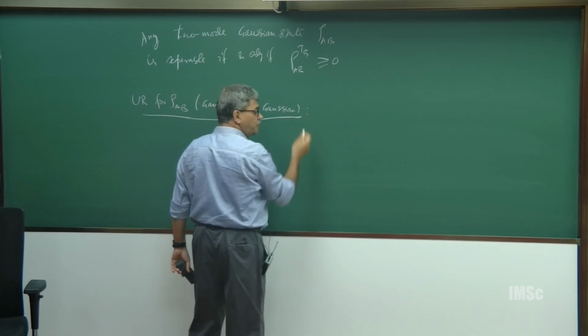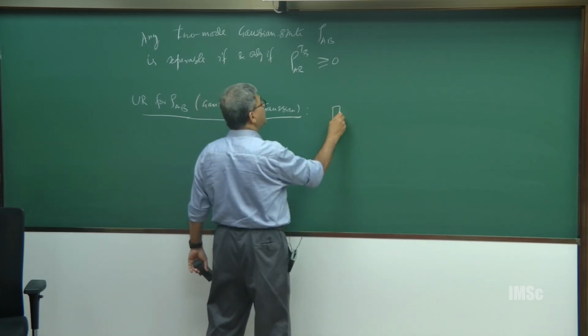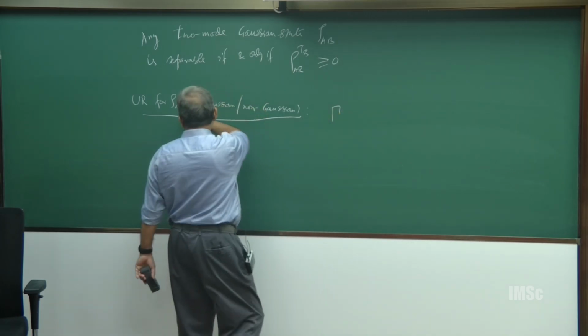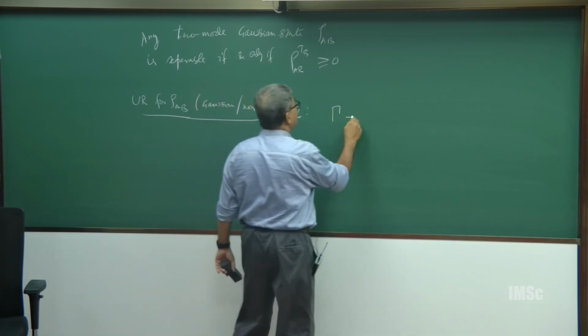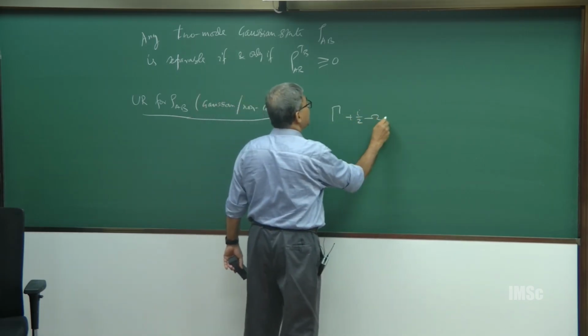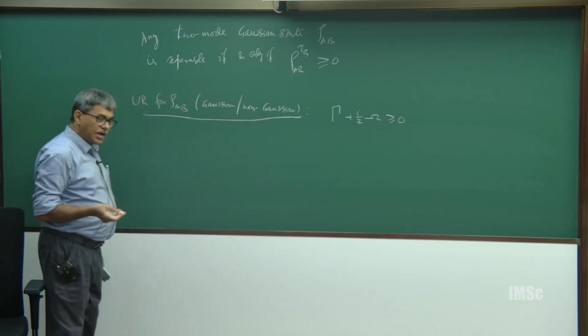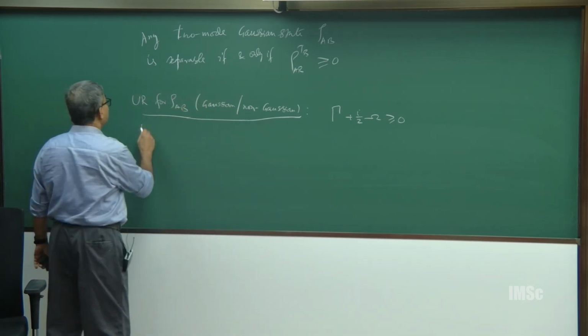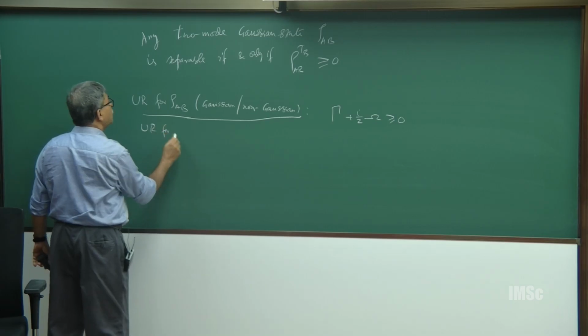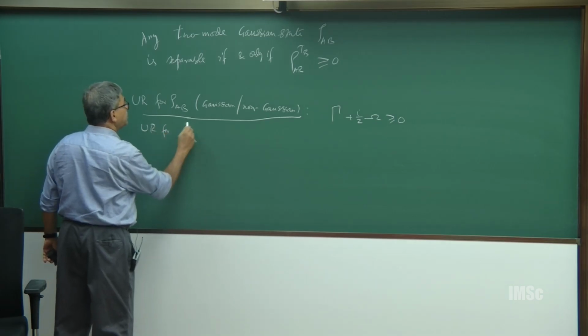So, this we have proved: the covariance matrix for the state rho AB plus iota by 2 omega greater than or equal to 0, this is the uncertainty relation. Then we have shown the uncertainty relation for rho AB T_B,